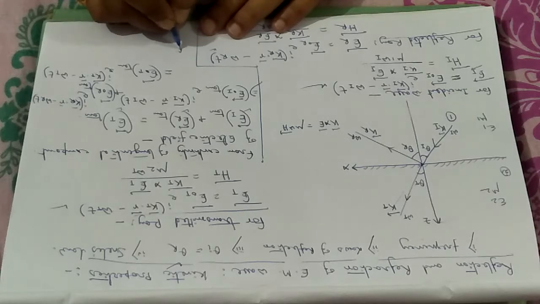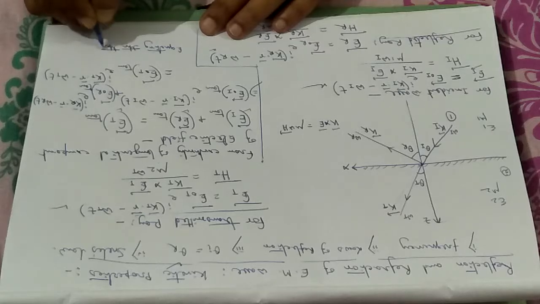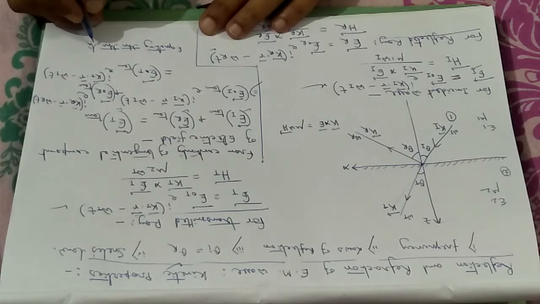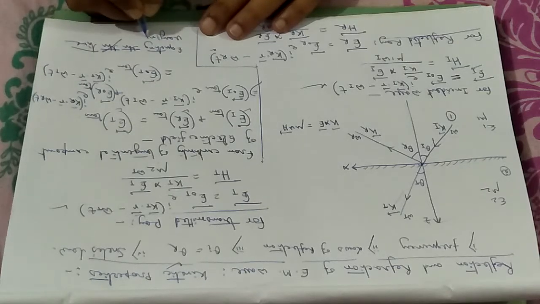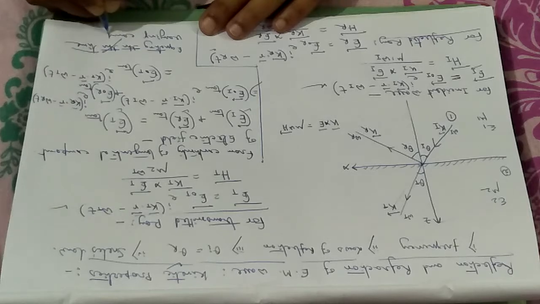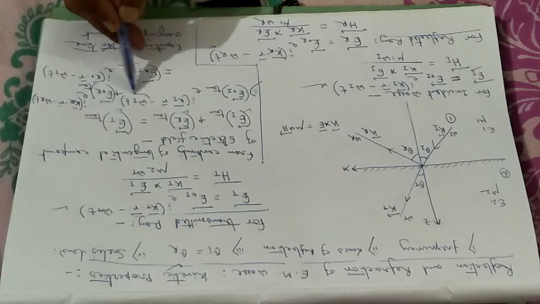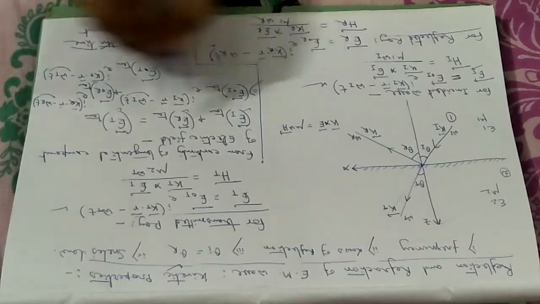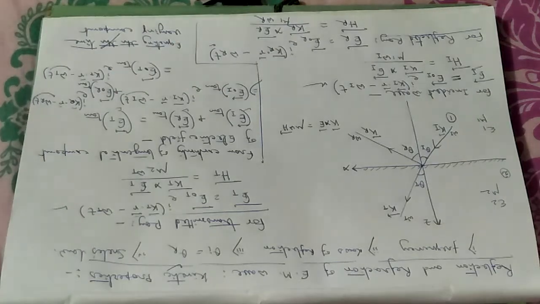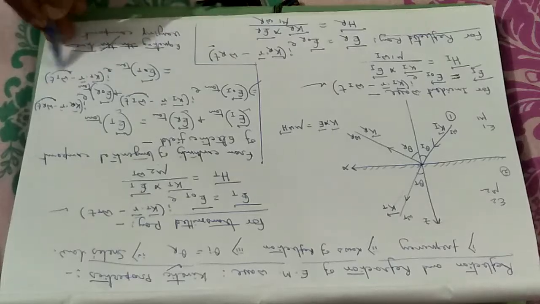I am continuing, equating the time varying component, only the time varying component I will consider. Time varying component here is omega_I t, here it is omega_R t, and here it is omega_T t. As I told, this equation is valid for all space-time variance and it is true for all values of x, y, z and t. So we are equating only the time varying component, that is this one, that one and this one.